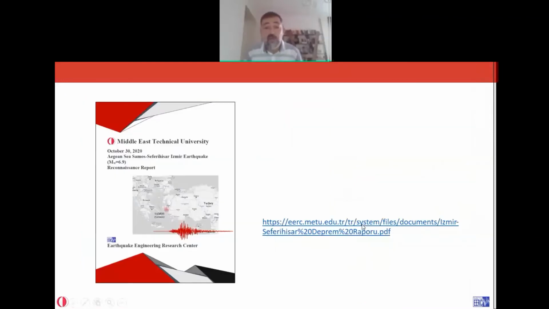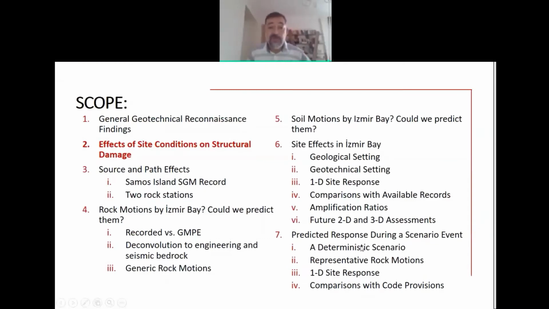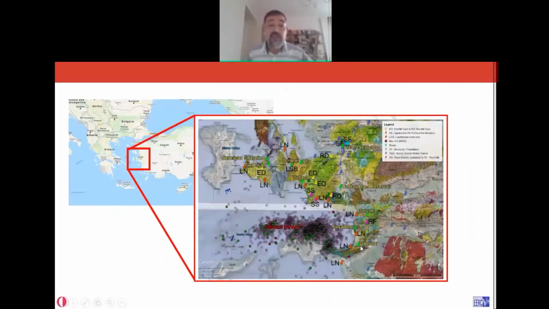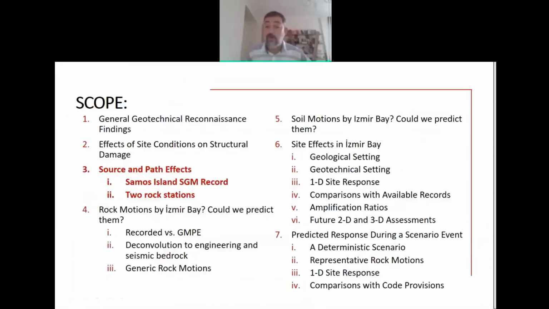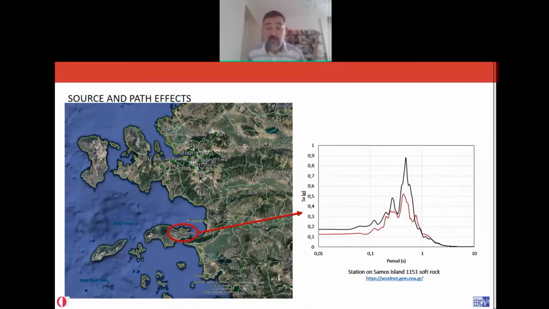Then we need to focus on what is the reason behind this concentrated damage, in addition to structural detailing issues. I would mostly focus on the geotechnical factors, and you can find more about what we will present in the report that we have prepared as part of the reconnaissance studies. So I'm going to go back and discuss the site conditions and their effects on structural damage in a more detailed manner. To understand what happened in Izmir Bay, we need to first understand if the